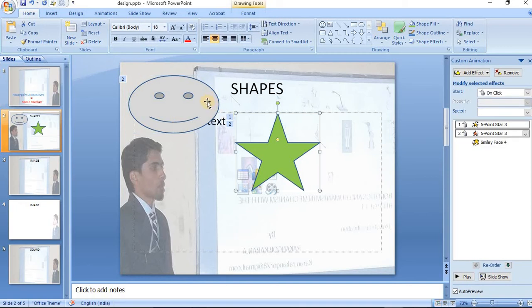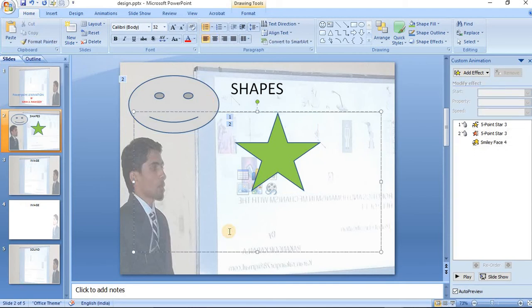I wanted to select both the things. Then you must press two buttons. Which one? Which button will you press to select both? You have to press. Let me show you.